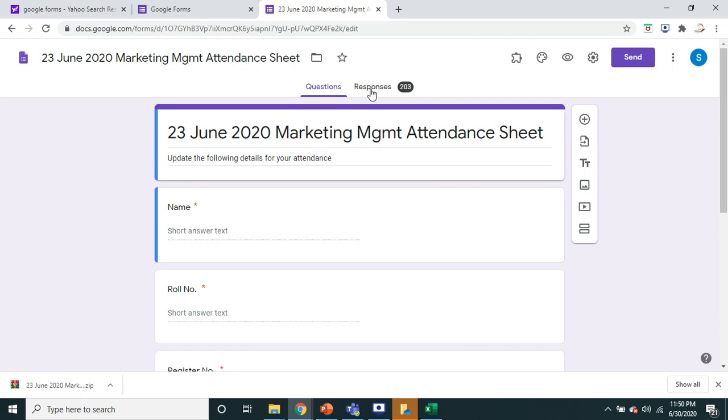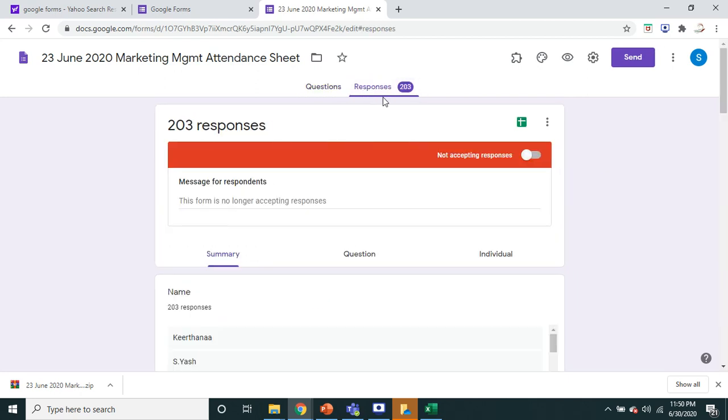But now I want to know in more detail how many students from each class attended. So let me click on this. I can see a green tab which says view responses in sheets. In case you want to directly download it and see it in Google Sheets, you can click on this. But now I want to have it as an Excel file in my own system because some of them will not be comfortable in Google Sheets. If you're comfortable with Google Sheets, you can proceed with that. I'll show you in Excel on my desktop.